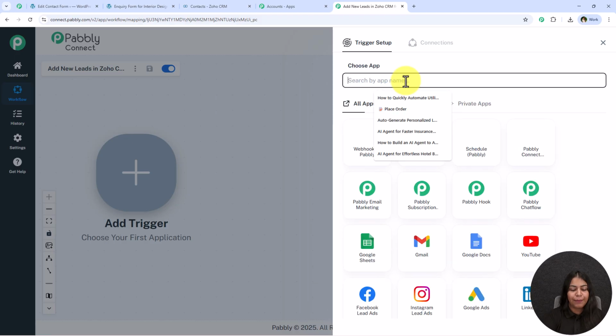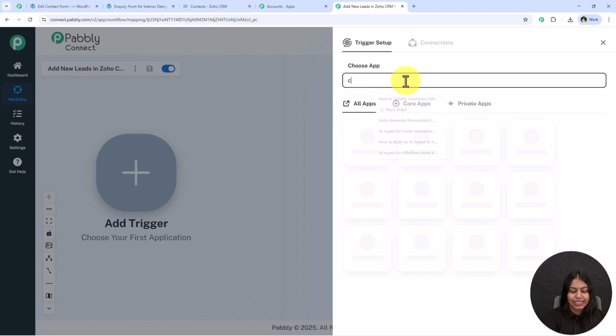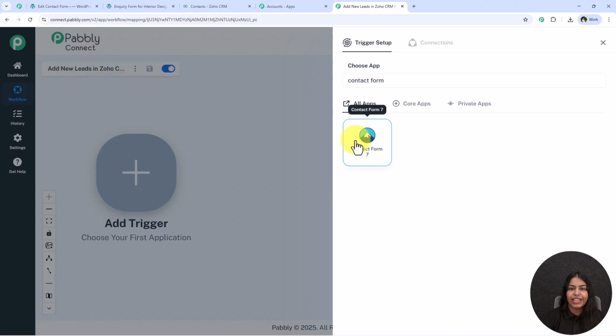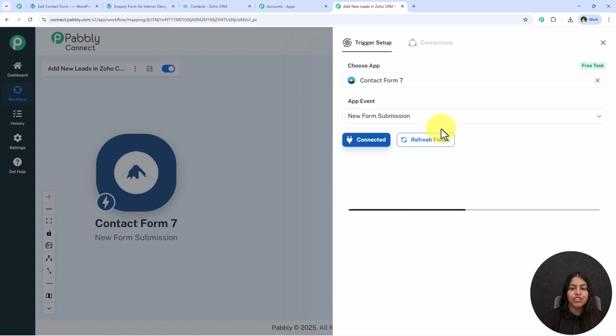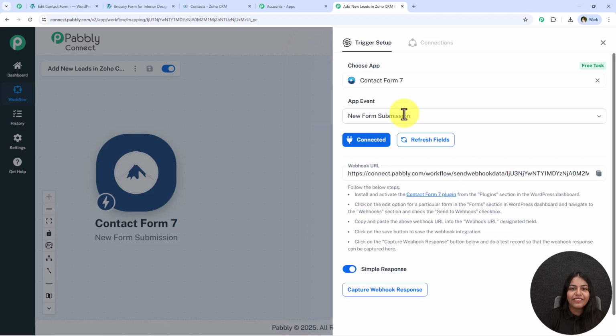And now for the trigger application, I'm going to simply select it as Contact Form 7. So let's search for Contact Form 7 and select it. Now for the trigger event, I'm going to select it as new form submission and click on this connect. Now it has given me the webhook URL using which we are going to create a connection between Contact Form 7 and Pabbly Connect. So what we have to do is simply copy this webhook URL and